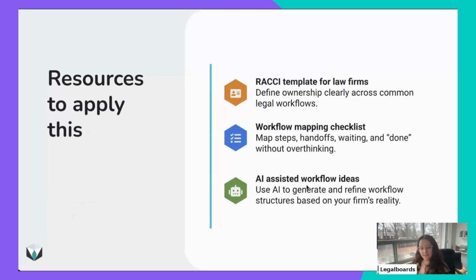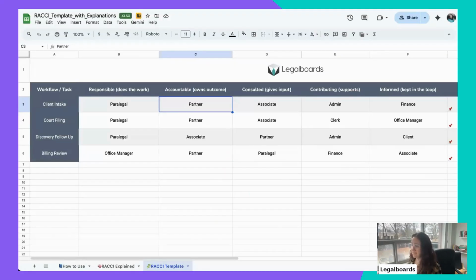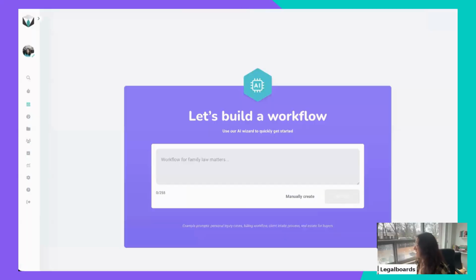So that's all I have here for this session, this document, also the template, the HASI template here that I'm gonna share with you guys by mail. And also I'm gonna share our workflow mapping checklist, a way that you can transform this more into real work and your daily routine. And by the end here, as I promised, I have the last 10 minutes to show Legalboards building the first workflow, and we can talk about all of the topics we mentioned here.